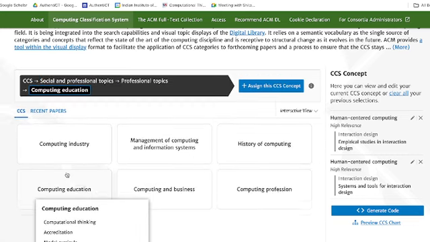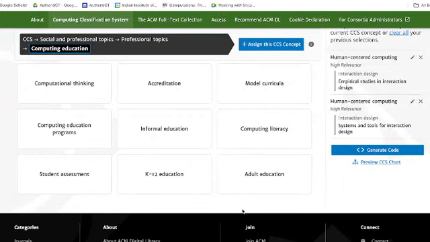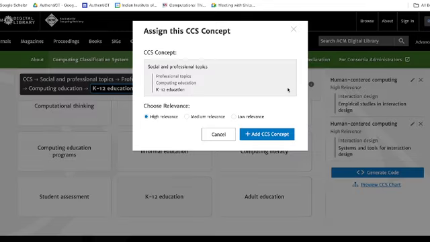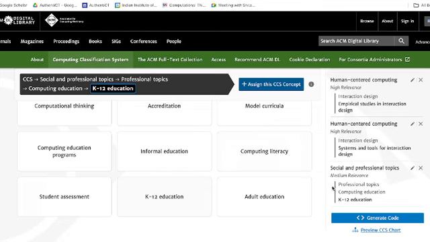Professional topics, then computing education. Within computing education, you might be able to select K through 12 education if you are working with children, and that's how the new category can be added. Now I'll say maybe this has medium relevance, so that we can just see how the change of relevance affects the concepts. Once I have added all the concepts, you get to add many concepts, but remember